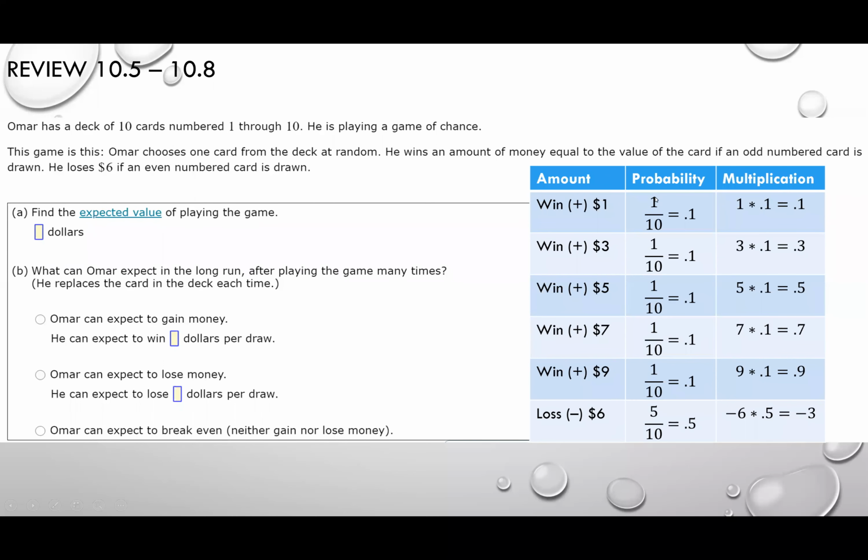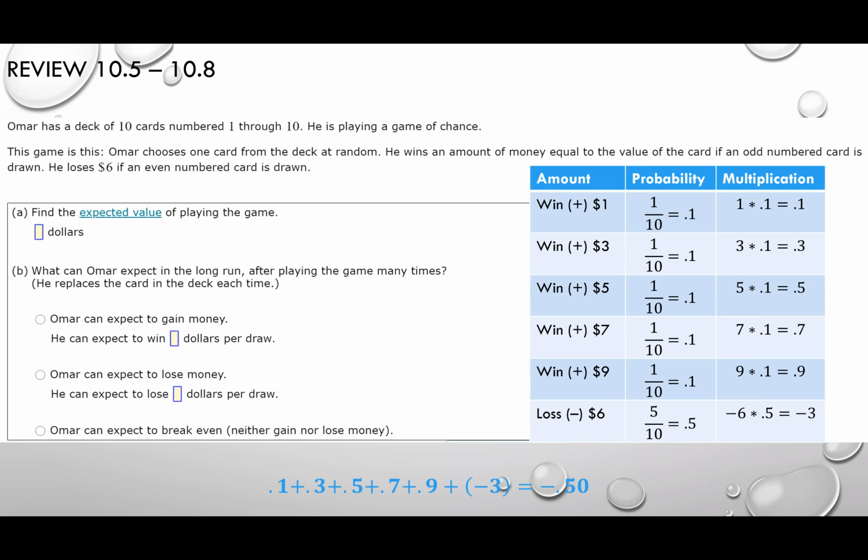So all I did was take the probability as the count we have over the total, and this is the decimal corresponding to this fraction. And now for the third column, all we need to do is take the first column and multiply it by the second: $1 multiplied by 0.1, $3 multiplied by 0.1, and so on and so forth. So this is the table that you want to construct. You want the amount, the probability, and then the multiplication of the two. And again, we're still not done, because to find the expected value,